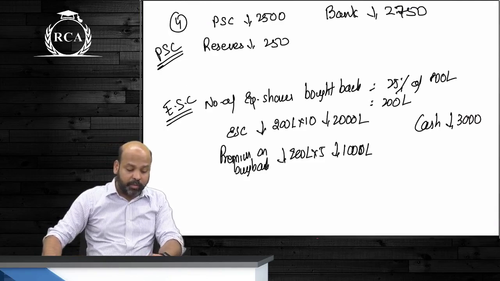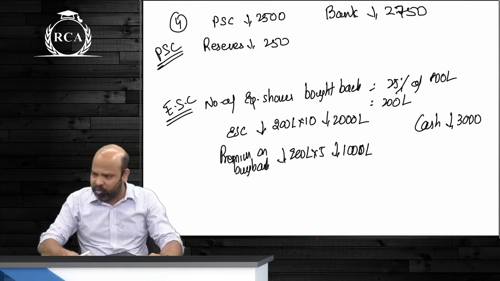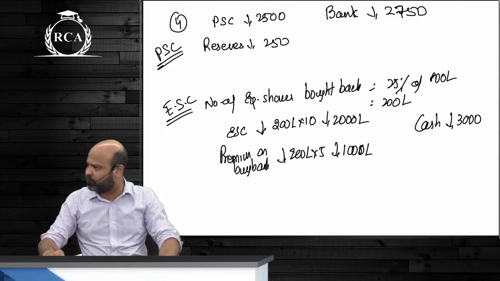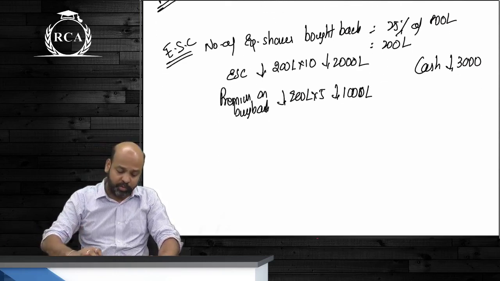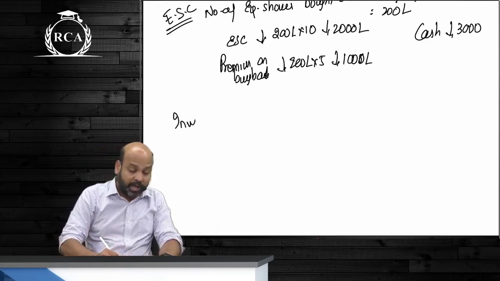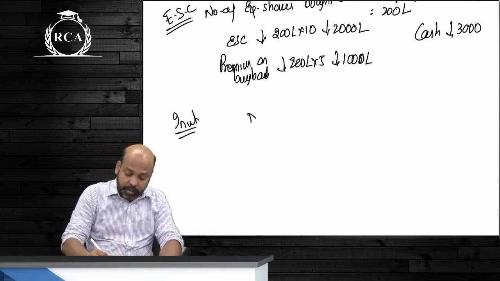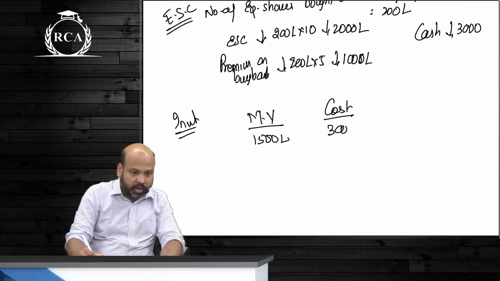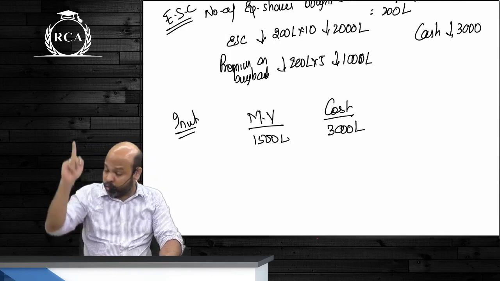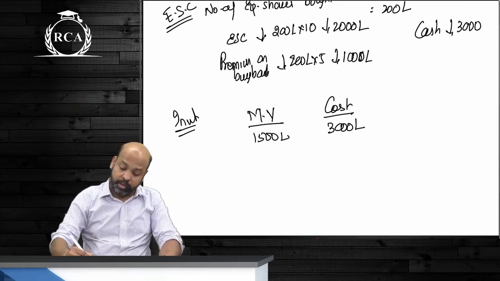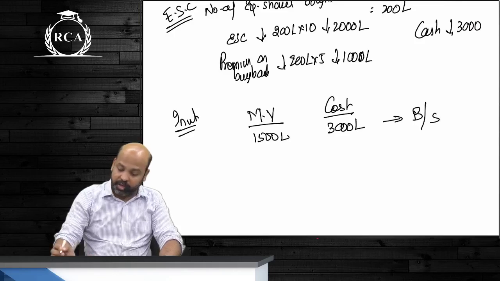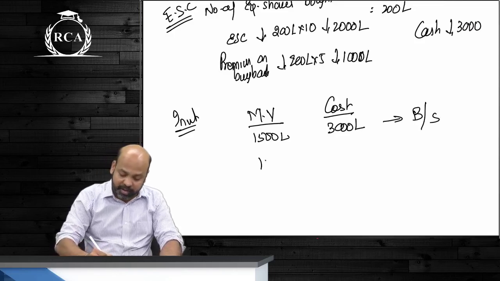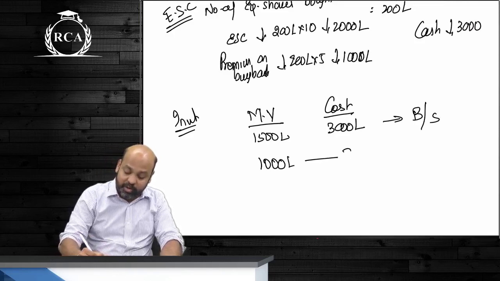Investments amounting to a market value of 1000 lakhs have been sold at 3000 lakhs. How did they sell? God alone knows. We are not supposed to question the question. If market value is 1000, you're supposed to sell it at. Now, guys, pay attention. Overall market value was 1500 lakhs, the cost of which was 3000 lakhs. How do you know this, sir? From the balance sheet above. Yes or no, guys? Question, sorry: the market value of 1000 lakhs, what will its cost be?